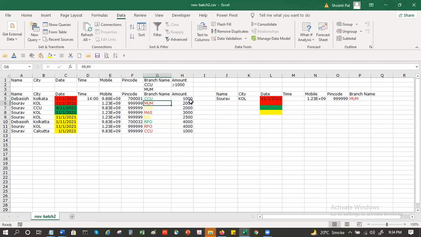2000. There's no Mumbai, there's only one Mumbai and that is greater than 1000. And there's no Kolkata value which is... One minute, let me just redo this.